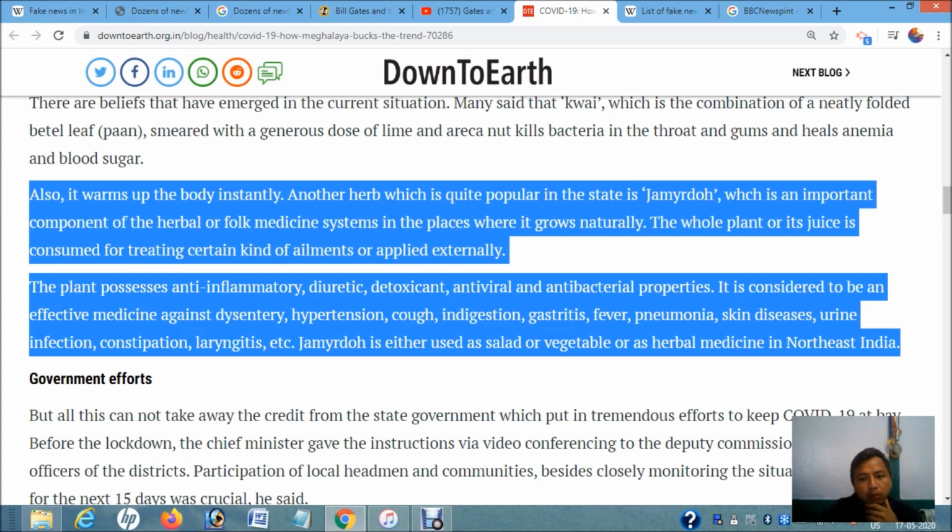Another herb quite popular in the state is Jamarda, an important herbal medicine. But there is a belief, rampaging over the internet, that it has a cure for coronavirus. Even though it may possess anti-inflammatory and antiviral properties, these are yet to be supported by bigger samples, experimental methods or ground reality checks, and all this has to be put in the lab.